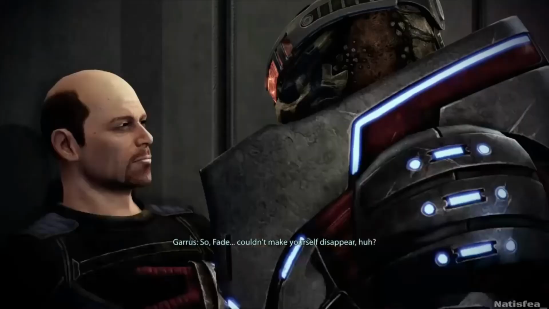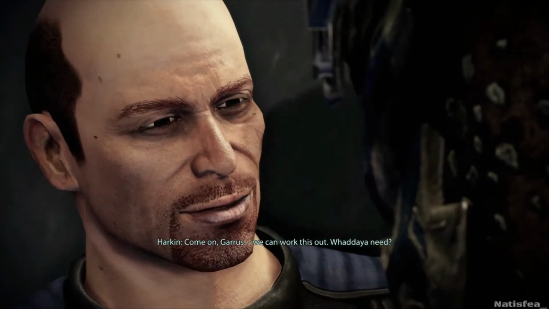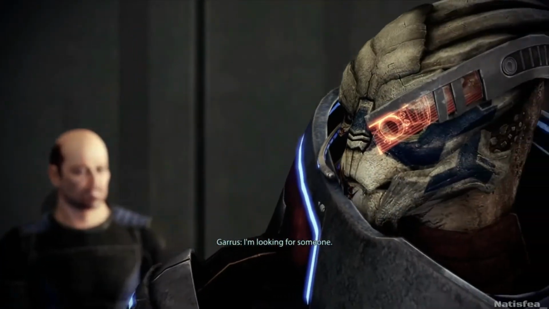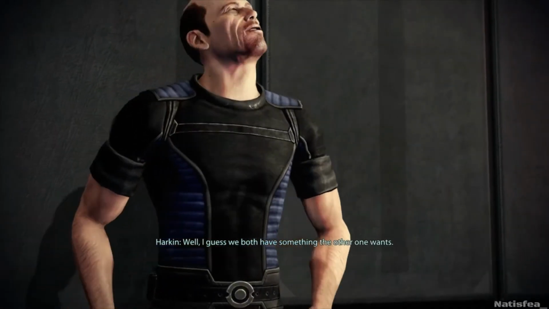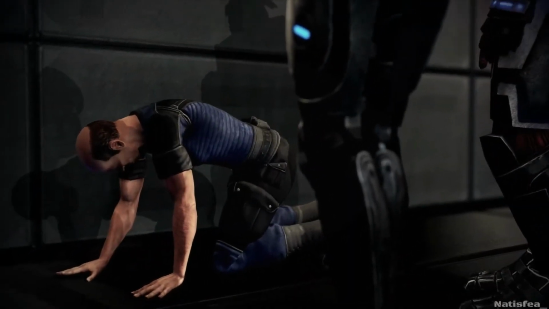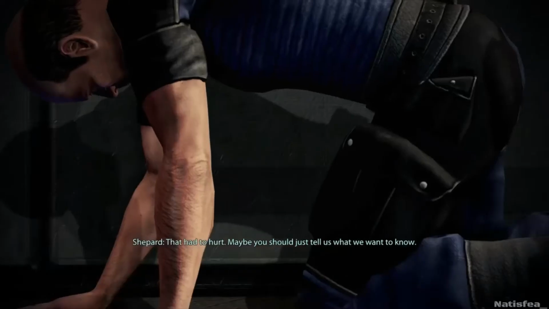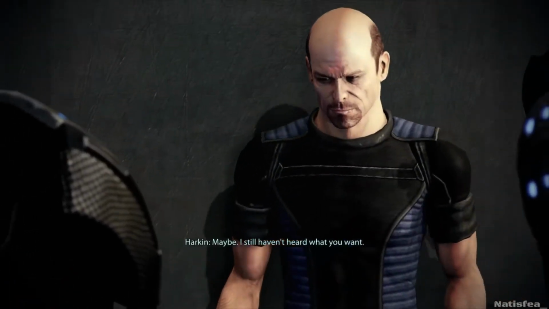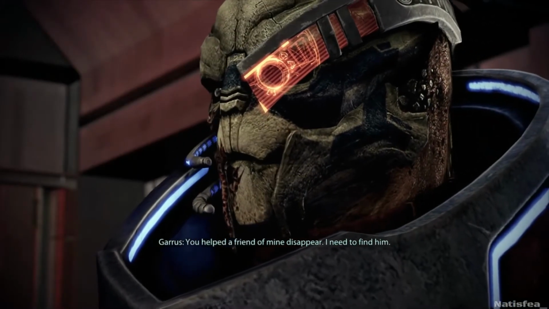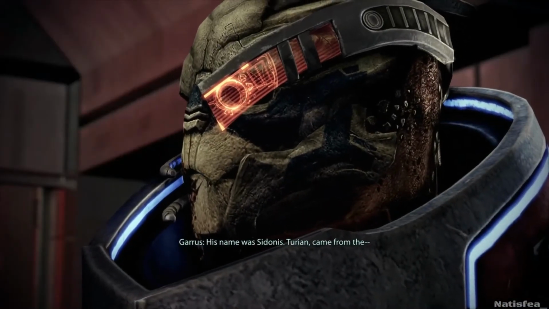So, Fade. Couldn't make yourself disappear, huh? Come on, Garrus. We can work this out. What do you need? I'm looking for someone. Well, I guess we both have something the other one wants. That had to hurt. Maybe you should just tell us what we want to know. Maybe. I still haven't heard what you want. You helped a friend of mine disappear. I need to find him. I might need a little more information than that. His name was Sidonis. Turian came from the...